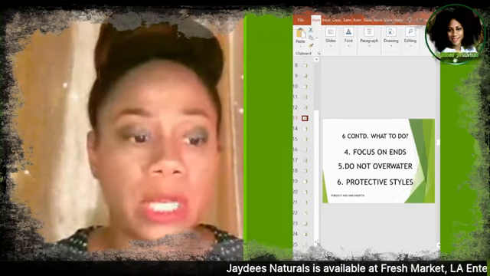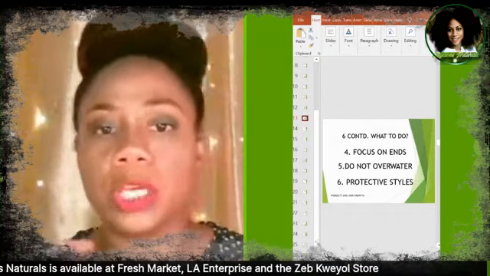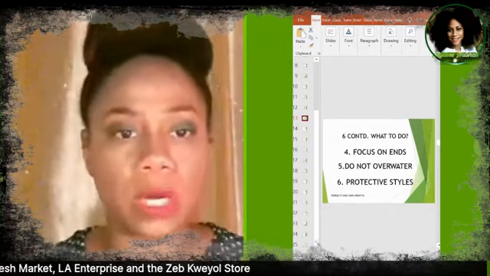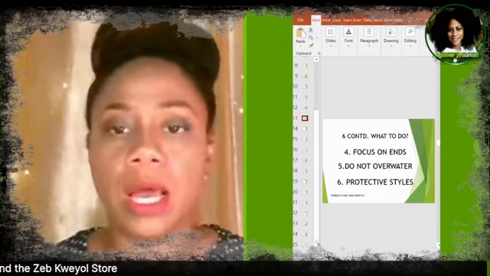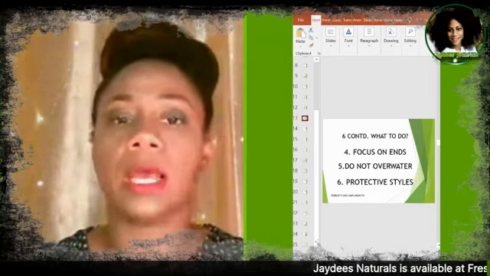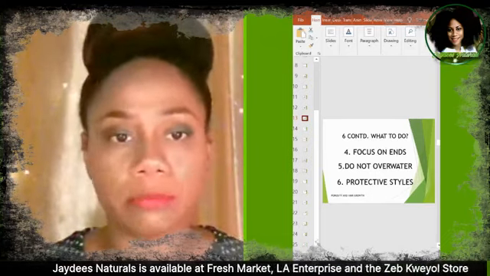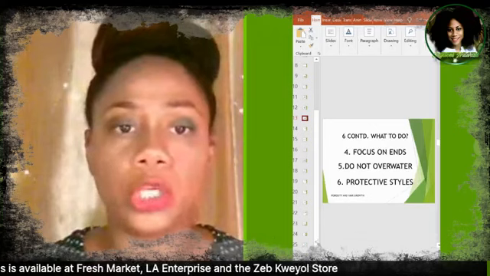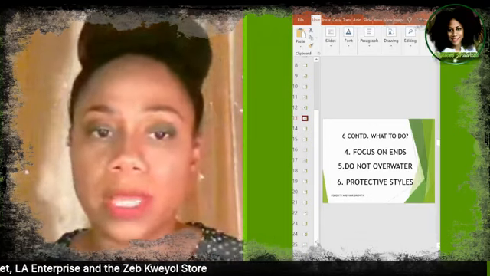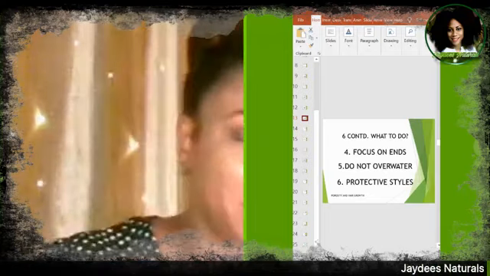Or if you sit under the hooded cap, maybe 30 minutes to an hour might work for you. So you need to experiment with it and see what time works for you and how it affects your hair. You can actually do that experiment. If you have low porosity hair, use conditioner normally as is, or use a deep conditioner with heat, and you will see the difference. All right, good. Now